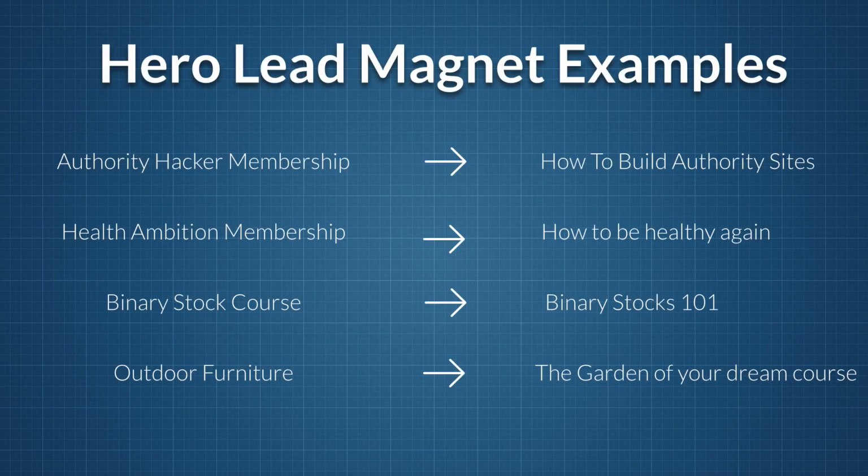The examples are going to be, for the Authority Hacker membership, my hero lead magnet, which is not live at the time I'm recording this video, but will be hopefully in a few weeks, is how to build authority sites, just the intro course. What is the business model and how to build authority sites. And in that hero lead magnet, I'll have the opportunity to make affiliate sales by recommending tools to people to build these sites. And then at the end, I'll be like, look, now that you know how authority sites work,